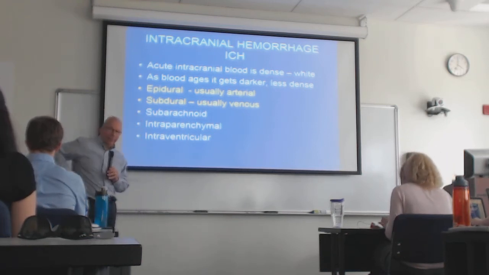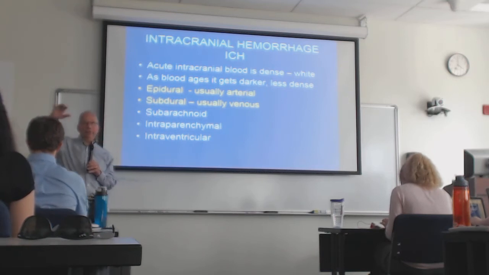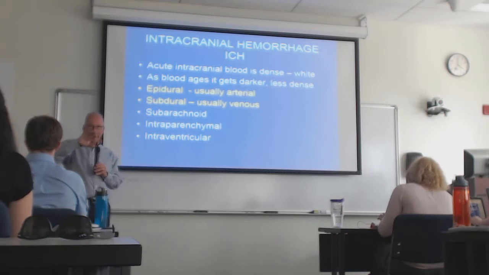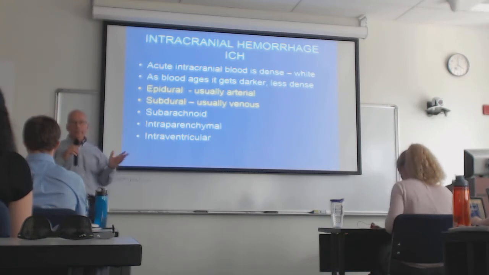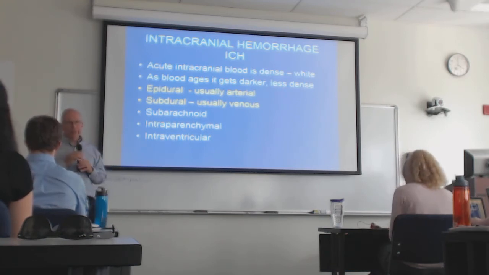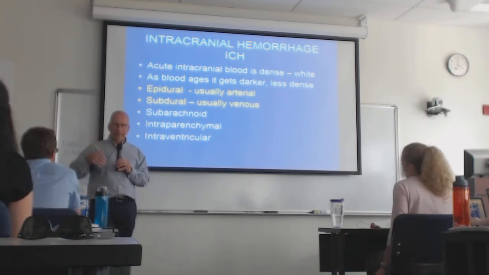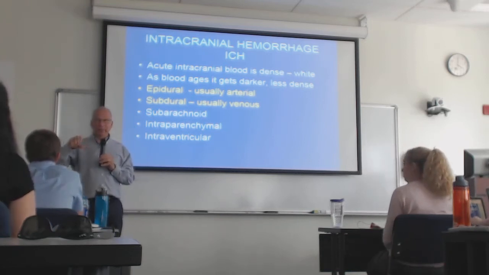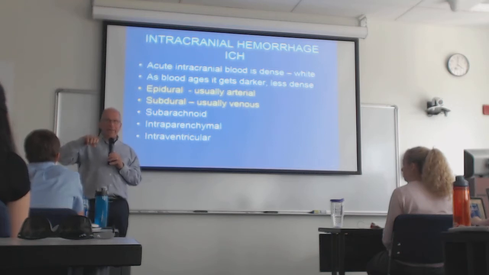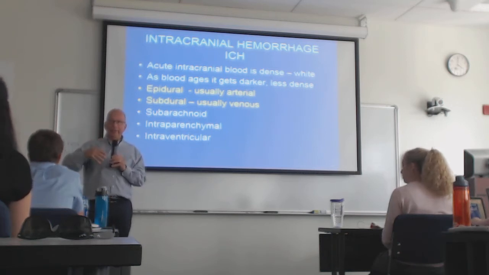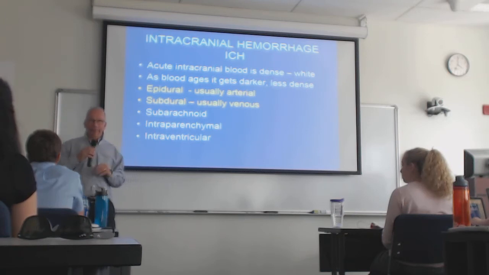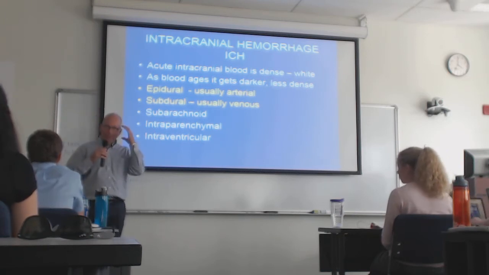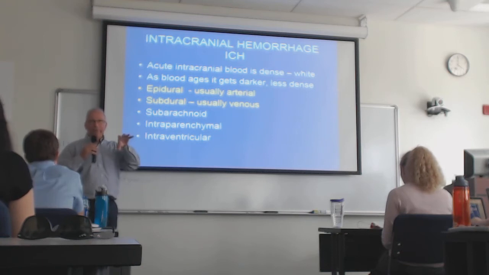And as the hemorrhage ages, and by ages, I mean over several days to several weeks, that whiteness will get grayer and grayer, and ultimately will disappear. And what will be left in its wake, if it's hemorrhage inside the parenchyma of the brain, will be an area of encephalomalacia where the brain basically died, okay, and is being filled up by CSF because nature abhors a vacuum, and wherever something is inside that skull and gets slowly resorbed, something is going to fill the space.